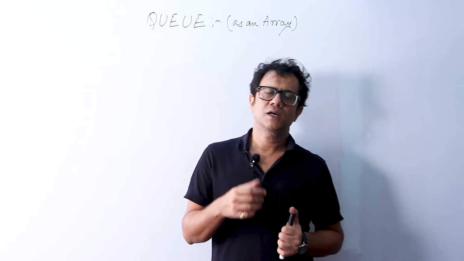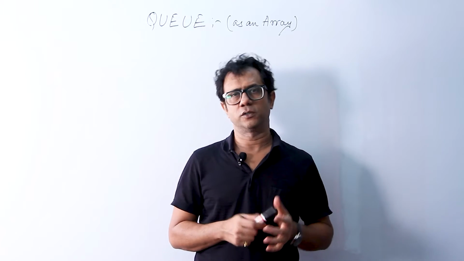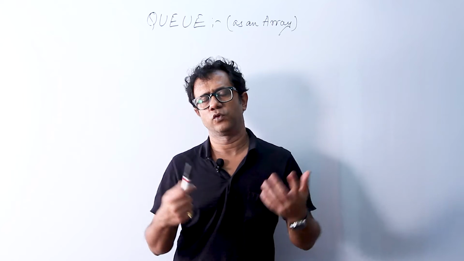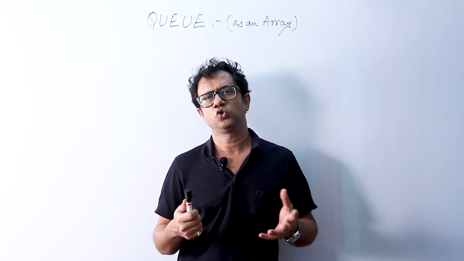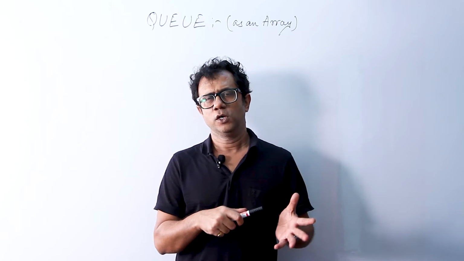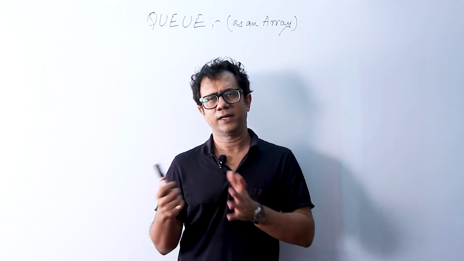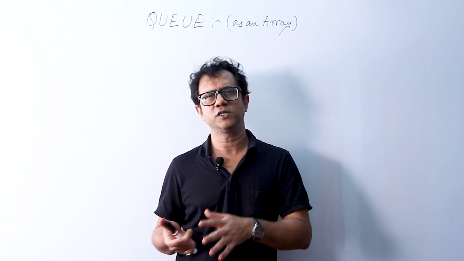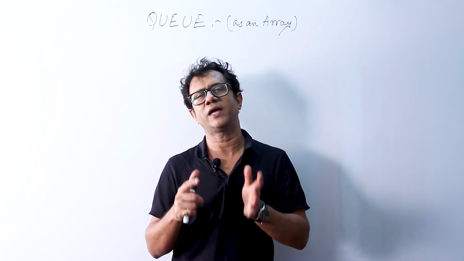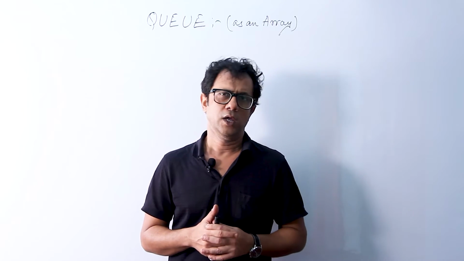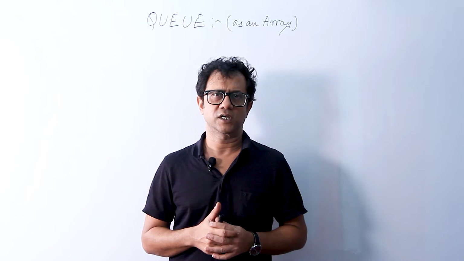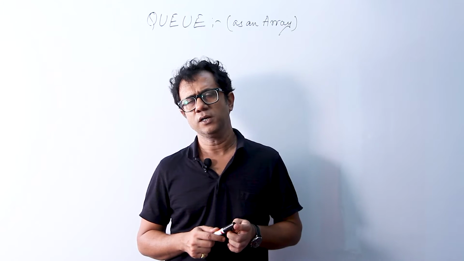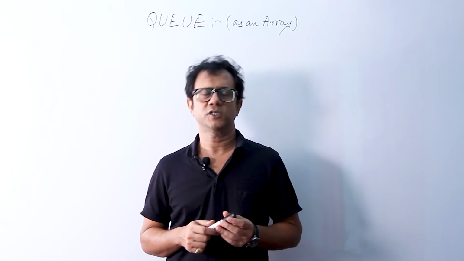So first I am going to show you a C function which will be able to show you how to add elements to an existing queue, which may contain one element, or it may contain multiple elements. So how can we add elements to a queue is our topic of discussion in the first instance, and then I will get on with the deletion operation. And for that, first we have to